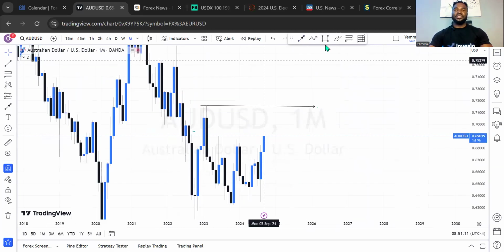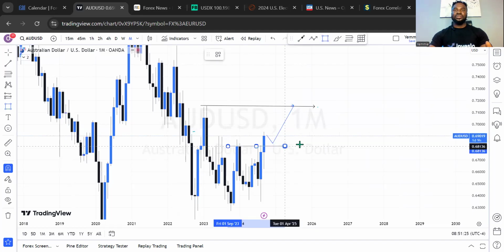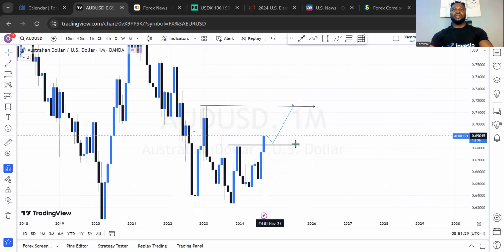Since the month is coming to an end this week, we can expect a little bit of retracement into this price range before this buy will continue. That is the outlook. I'll be expecting the market to come to a price range like this before I'll be expecting more buy in this market, and that is about 70 pips on average.